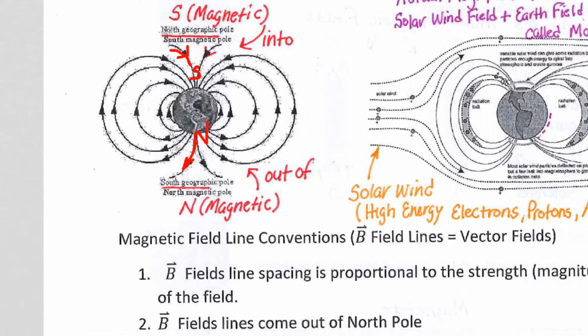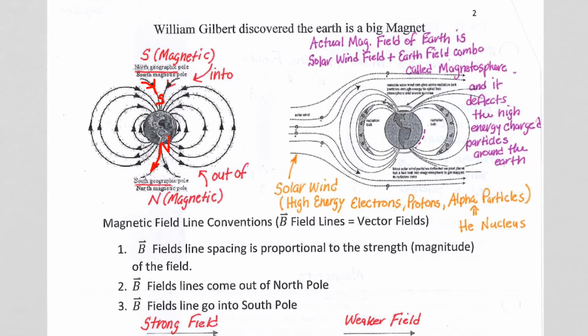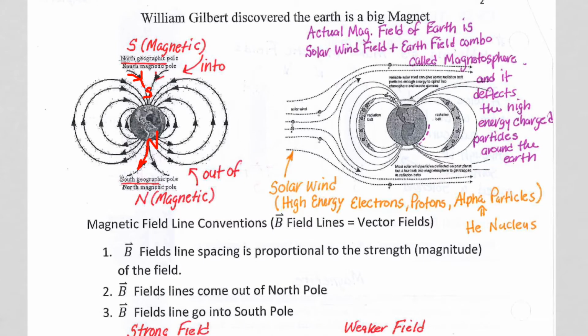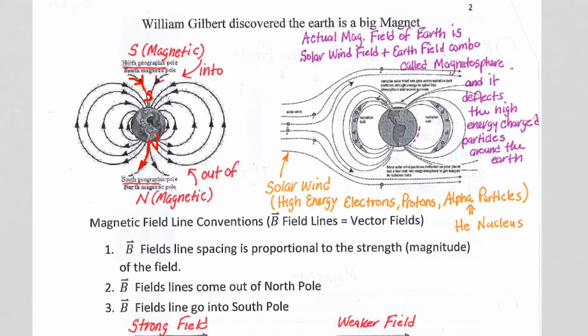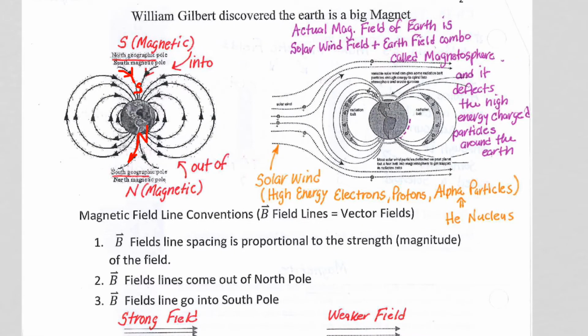So we're not going to talk in detail about the Earth's magnetic field, because we have a lot to learn about the basic generation of the magnetic field and magnetic field effects. But I think it is important, since we live on a big magnet, to understand something about the magnetic field, and the fact that it comes from the moving charges in the molten core and the spinning of the Earth is important. Now, the actual magnetic field of the Earth is a little more complicated than just the magnetic field that the Earth generates itself. So the actual magnetic field around